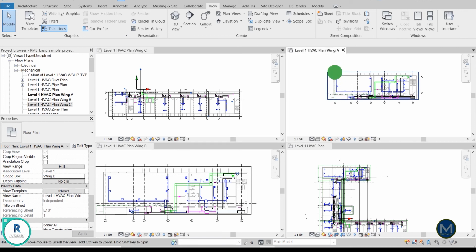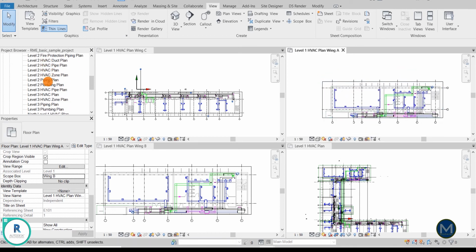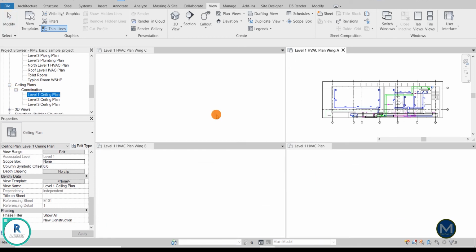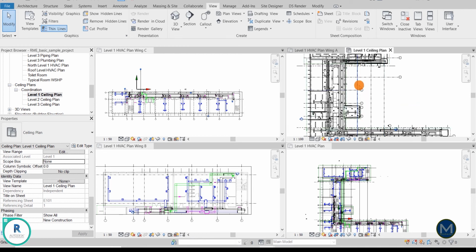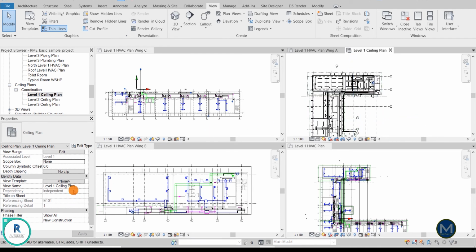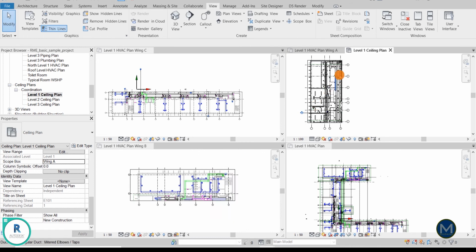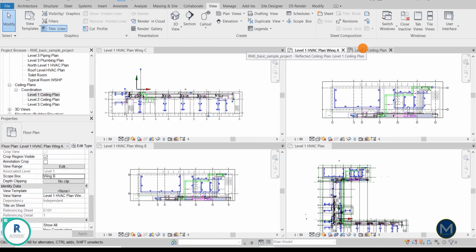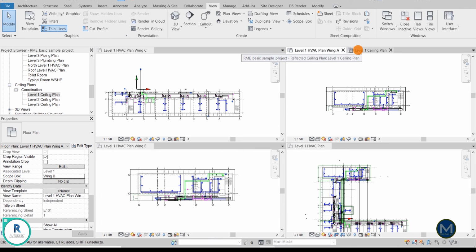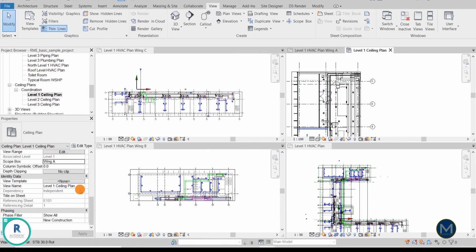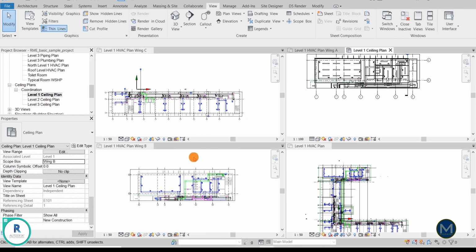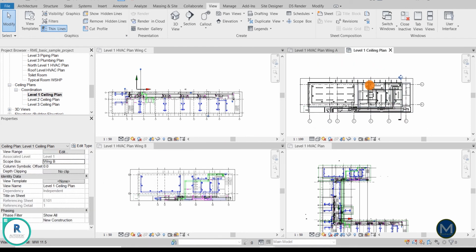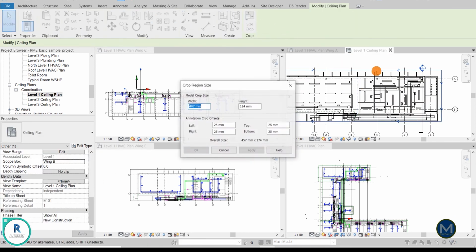And you can easily do the same in the ceiling plans. For example, change the scope box to wing A, so we create the wing A ceiling plan. Wing B, yeah, it will automatically change. And if you change the size of the crop region, for example,